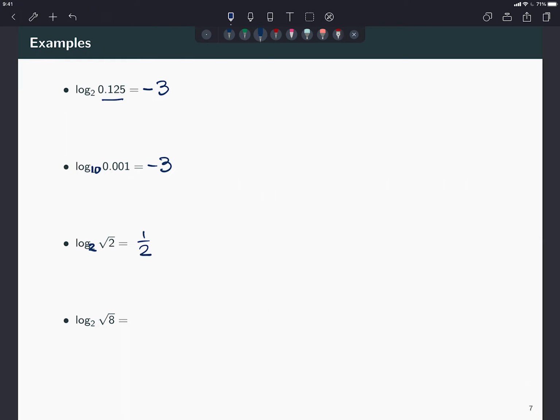Okay, and my last example, I have, again, log base 2, and I have now an 8 here. And this is a bit trickier, but I have a square root, so we know that part. Again, the square root of 8 is 8 to the 1/2. And the interesting thing here is that 8 is a power of 3. Sorry, 8 is a power of 2. The power is 3. So since 2 to the 3 gives you 8,